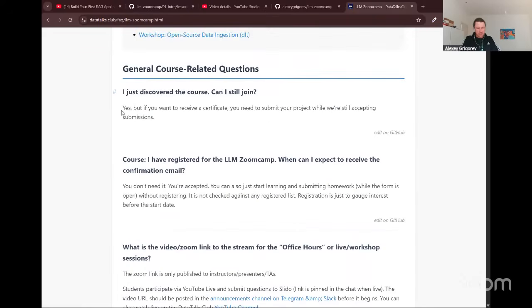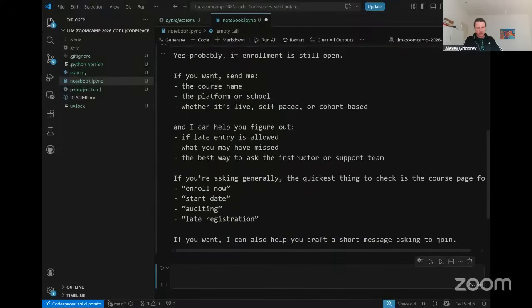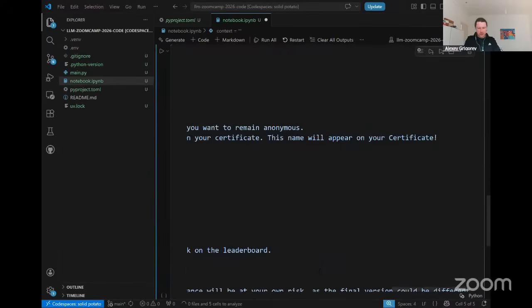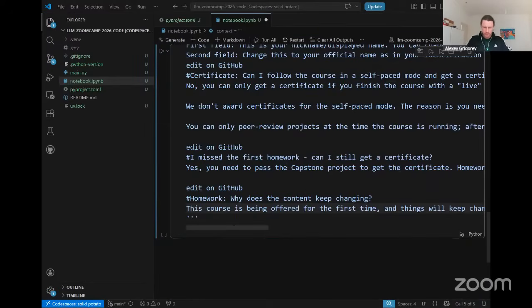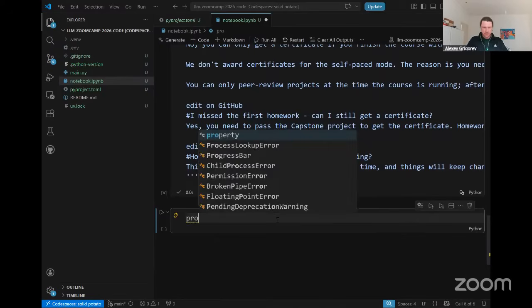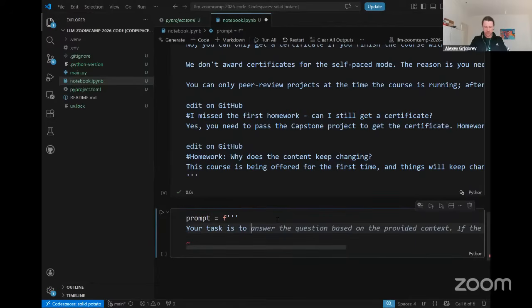So what I'll do right now, just to illustrate the point, is copy all the questions from here and write them to context. So this is our context. These are things that we think could be helpful for the LLM to answer the question. But now we will build a prompt, so we now give instructions to the LLM. Your task is to answer questions